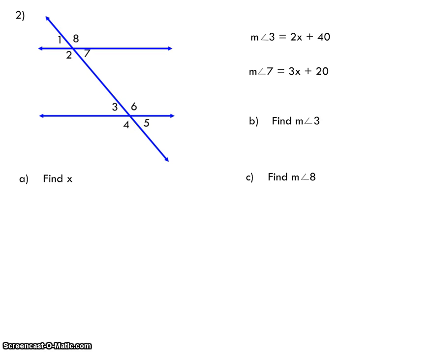Here's another example of a different situation. We have our two parallel lines with a transversal that create those 8 wonderful angles like we learned in last night's videos. And this time they give us information about angle 3 and angle 7. So I come over here, angle 3 is 2x plus 40, angle 7 is 3x plus 20,